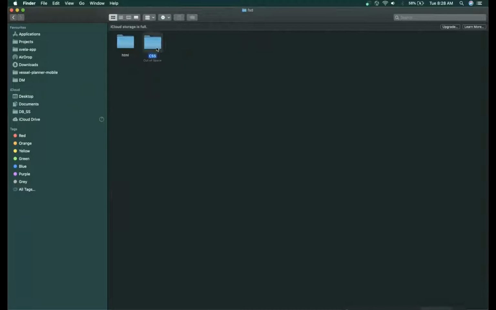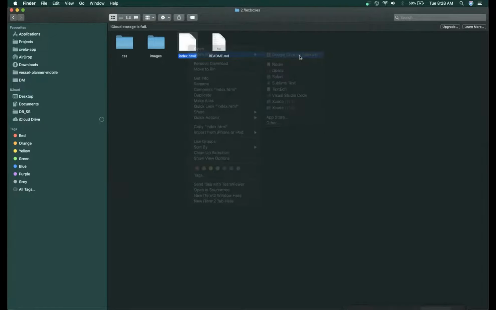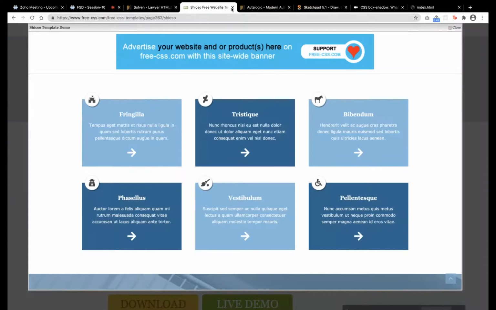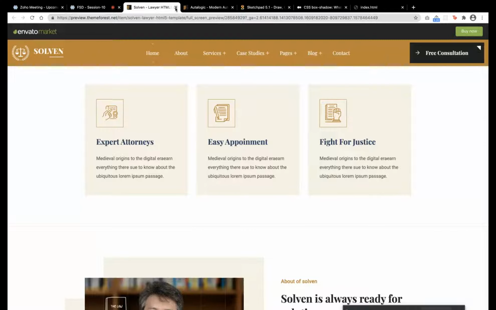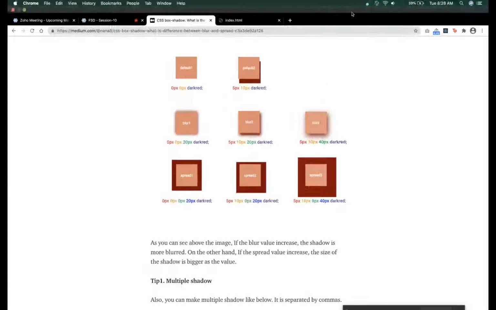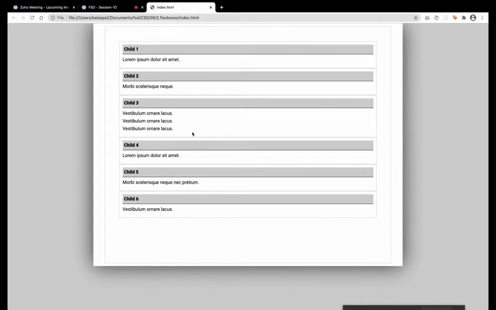FSD, CSS, section 9, text box, index.html, Google Chrome. Yes, keep it this way. Shall I delete all? I'll close this. I think for responsive, I have drawn this. I think we won't complete responsive with Flexbox. We'll complete Flexbox for today, and responsive we'll take tomorrow. Okay.